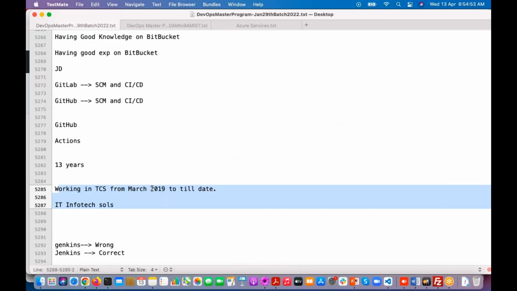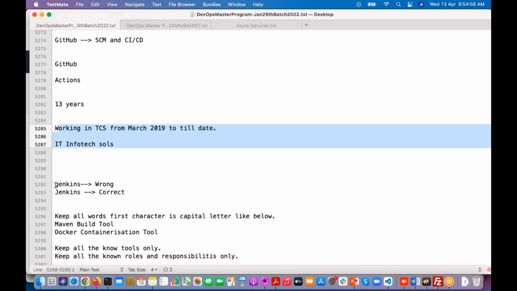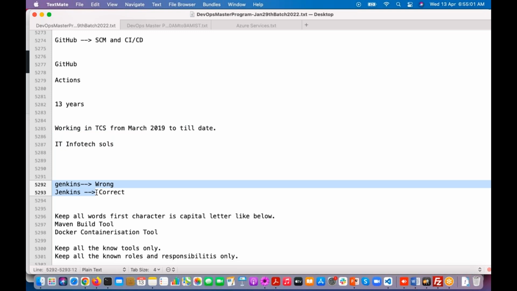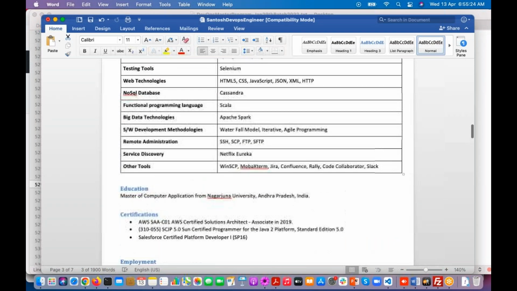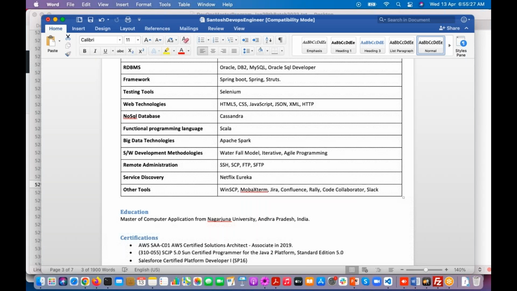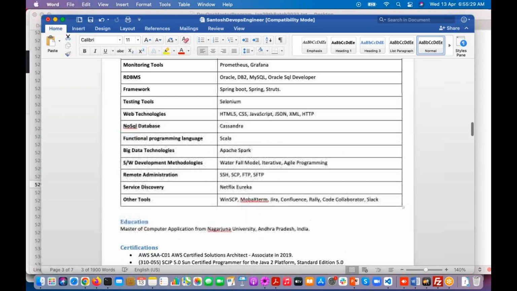Okay. And one more thing, guys. I saw some wrong technical tool names in the resume. So Jenkins, they mentioned it like this. Keep all the tools correctly, and whatever tools you know, keep those tools only. Suppose you don't know some tools, and you are keeping them,